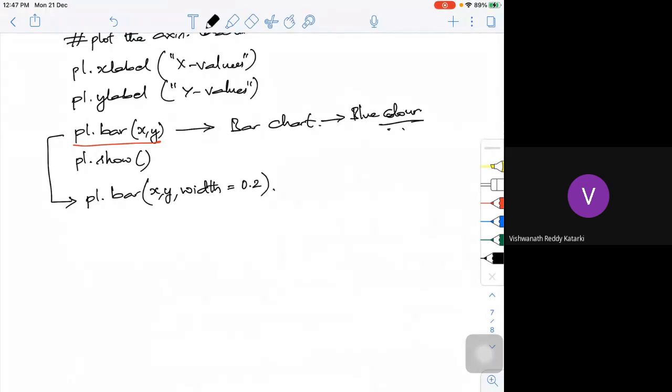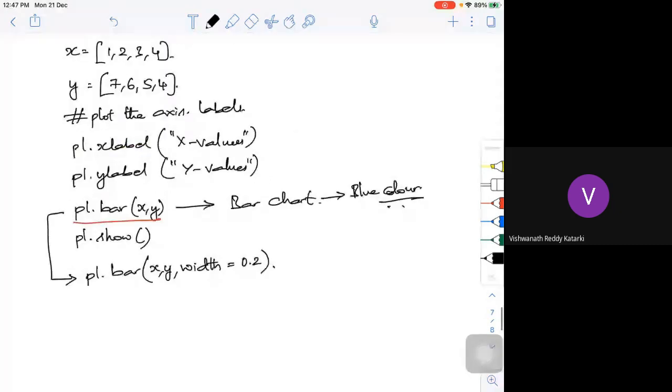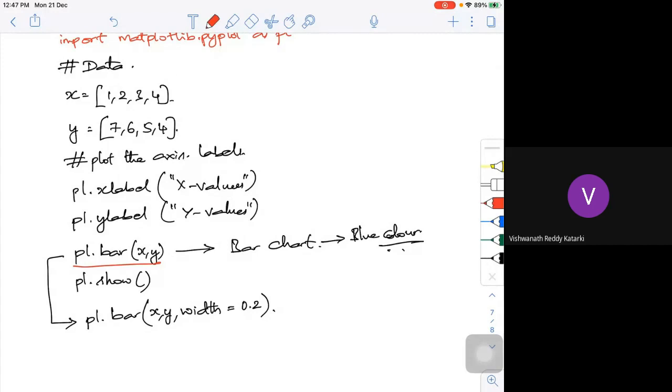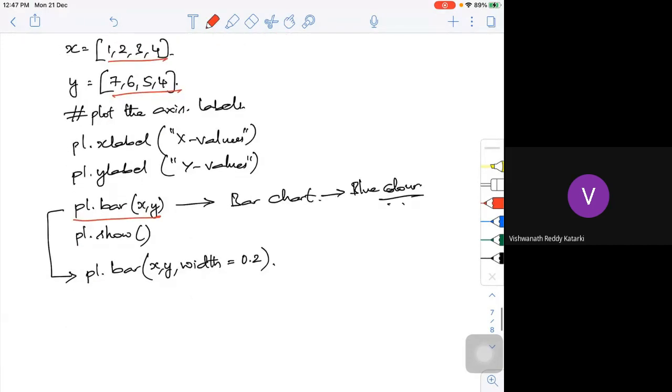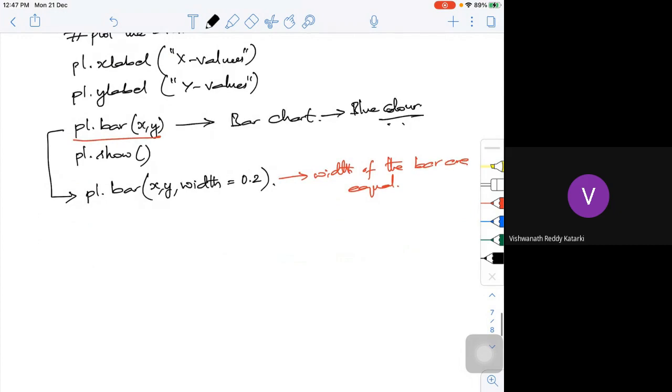If I give a single value, here I have 4 values, all the 4 values will be of the same width.